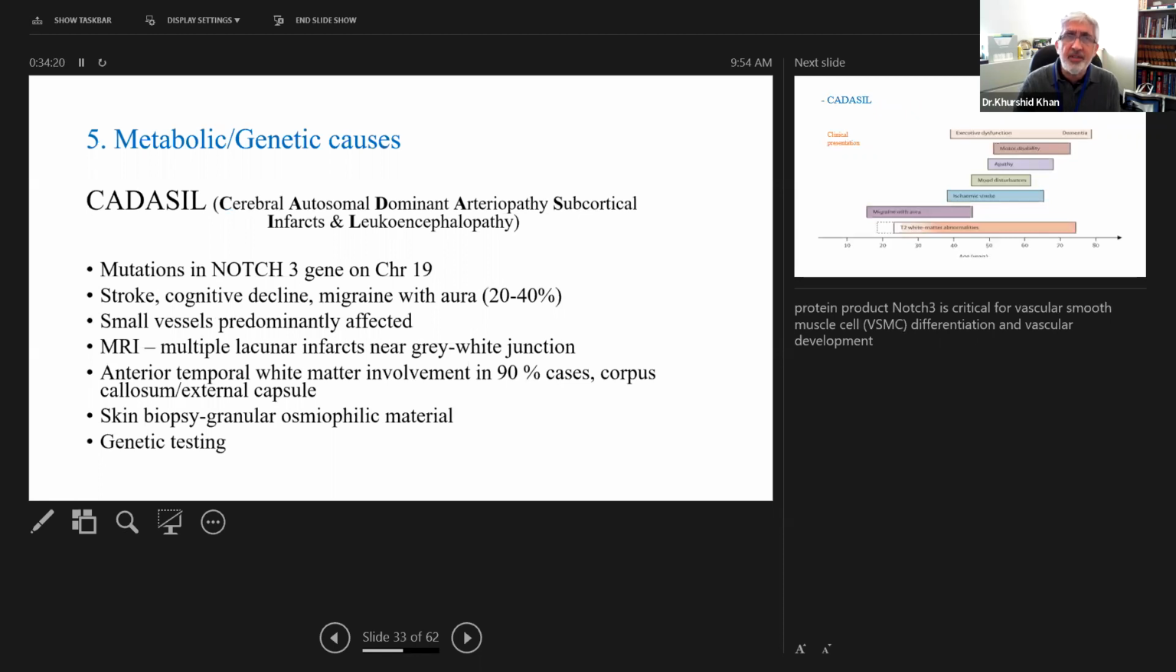Then there are monogenic etiologies. CADASIL, cerebral autosomal dominant arteriopathy with subcortical infarcts and leukoencephalopathy. As mentioned, if someone is presenting with history of migraine and cognitive decline and a family history of young stroke, then one should consider this possibility. These individuals present with subcortical strokes, dementia, mutation in the NOTCH3 gene on chromosome 19, clinical history, MRI findings, and biopsy, which shows